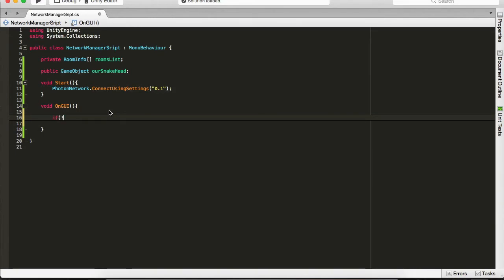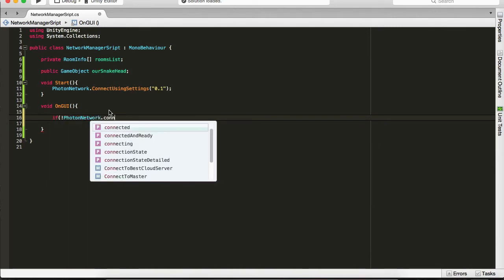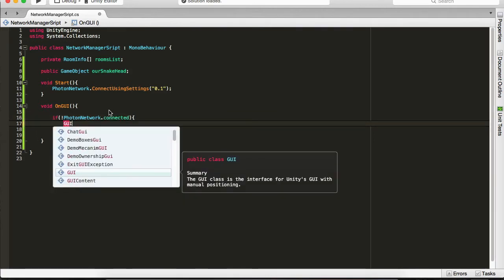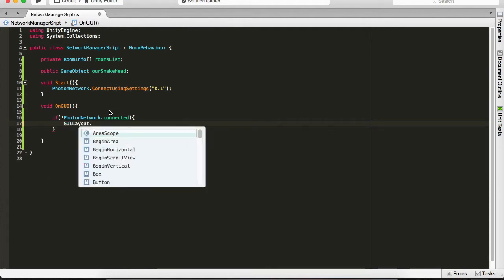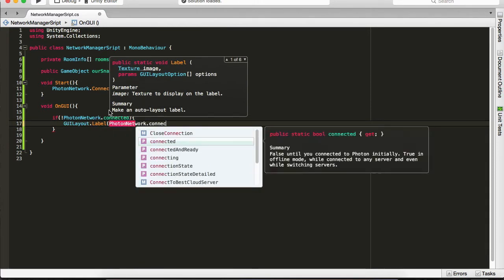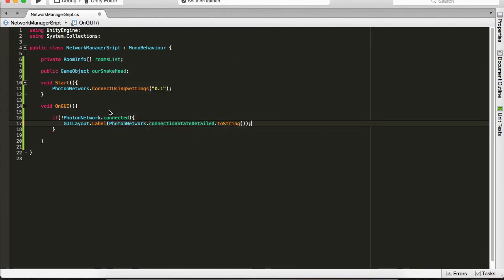We're going to say if not Photon network connected, that is, if it's false. If we are not connected, we want to say GUI layout label, Photon network connection state detailed toString. Okay, so if we are not connected, this is just going to print out the connection state on our screen,